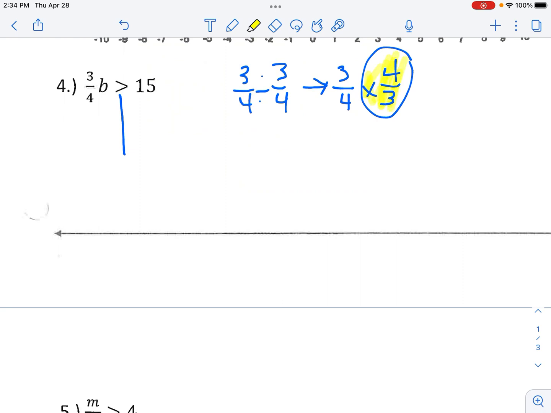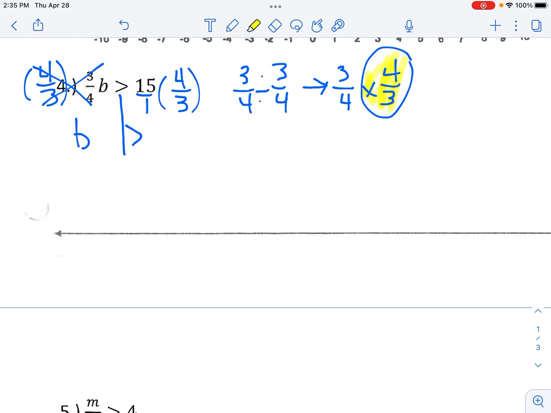We're going to actually multiply both sides by 4/3. When you're multiplying by 4/3, you're actually dividing by 3/4. So on the left, I'm going to put times 4/3. And on the right, I'm going to put times 4/3. And I can put a 1 underneath the 15. Focusing on the left side of the inequality, my 4's are going to cancel and my 3's are going to cancel. So we have b is greater than